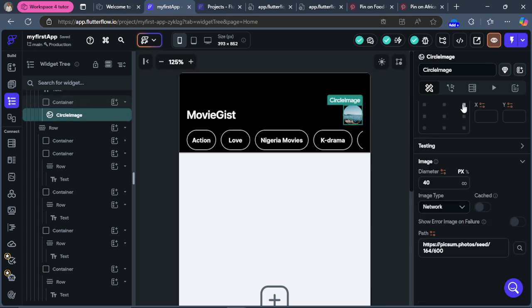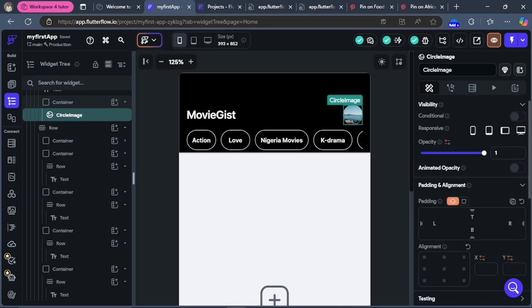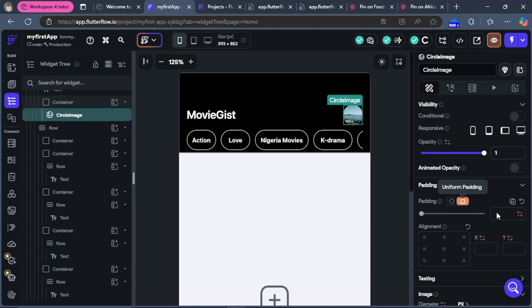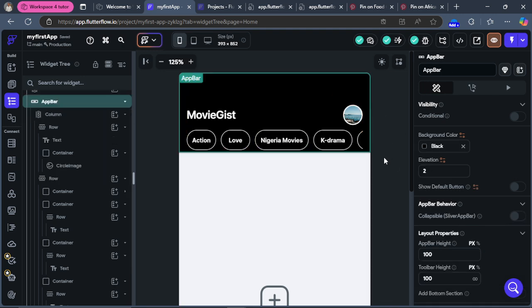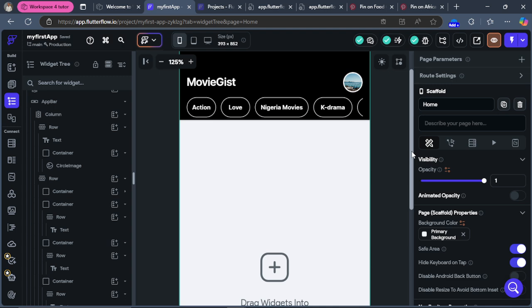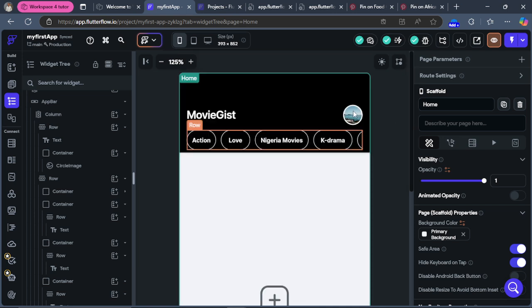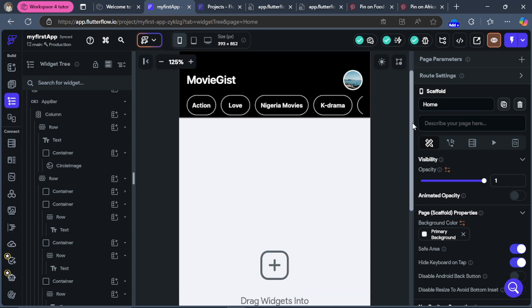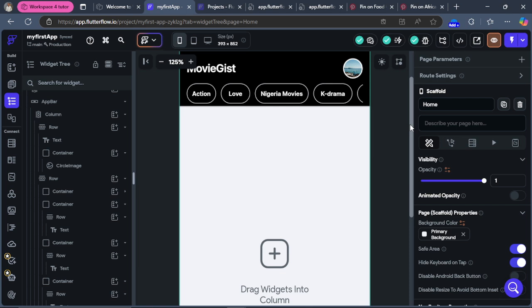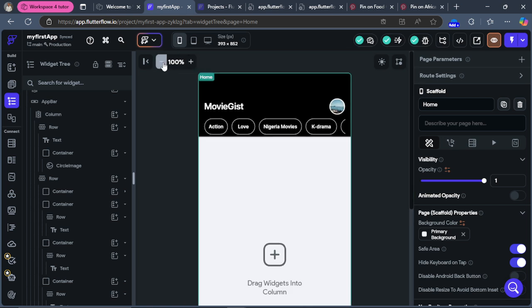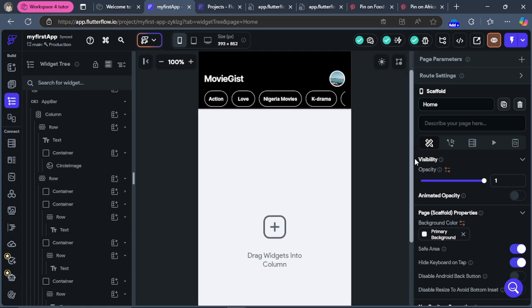Let's give the image some padding. So we give it 4, that much too. Okay, alright, that's fine. So we have movie gist and we have the user's icon here, we have the category. So the next thing we are to do is to now design the feed page, the